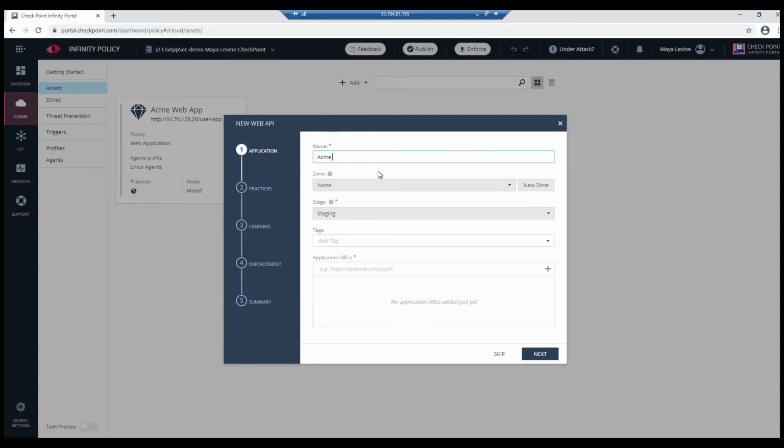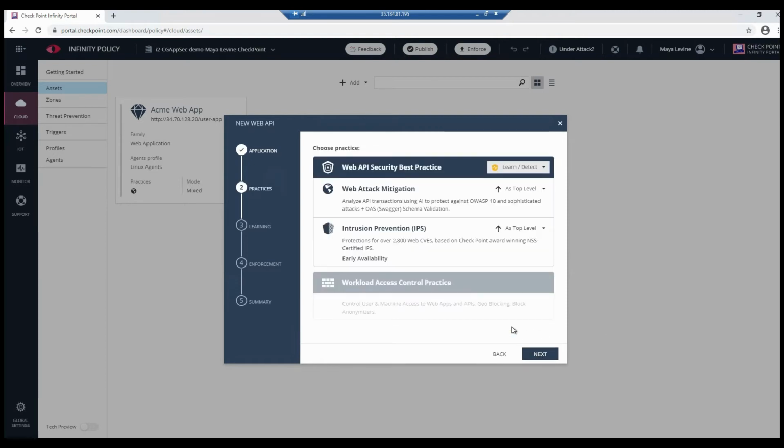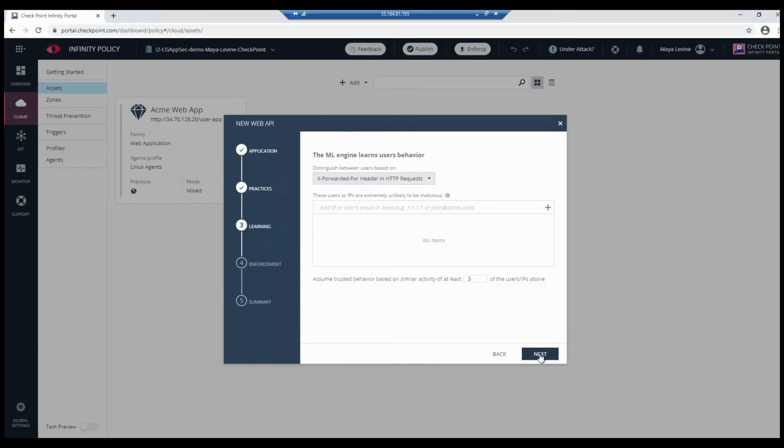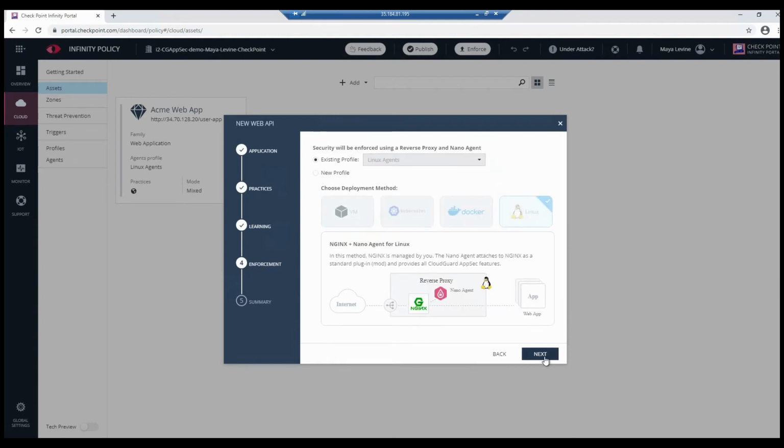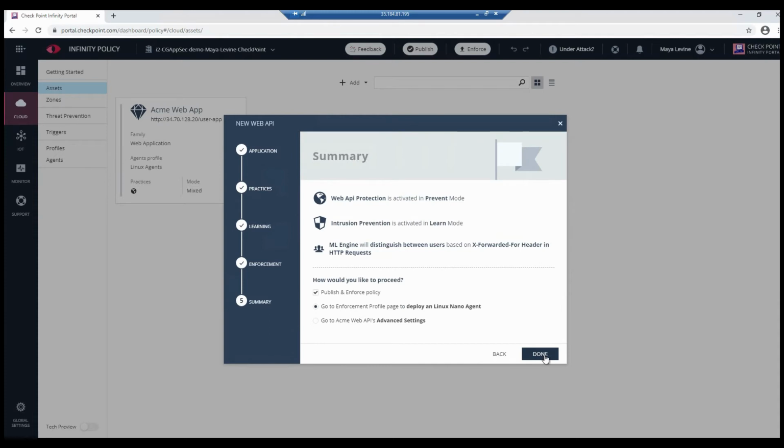I add a new asset, choose Web API, and call it Acme Web API. It's in production. I copy the URL for the application and paste. I put it into prevent mode right away. And I'll leave web attack mitigation as top level, and this time put IPS into learning mode. I'll leave the user behavior as default. And then I can use my existing profile, which is using the agent. Once I'm done with that,